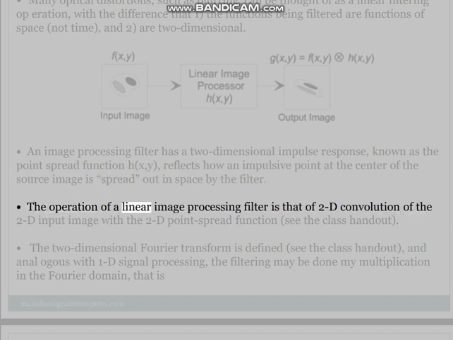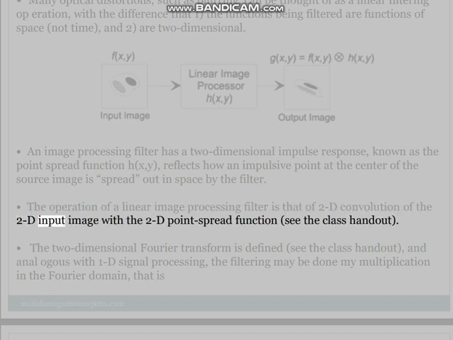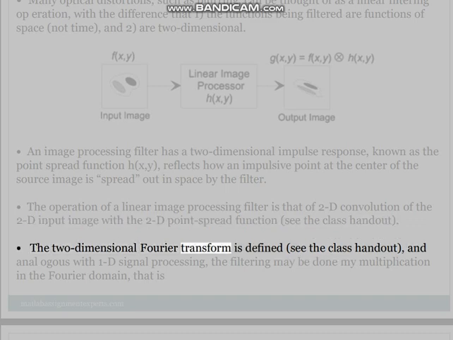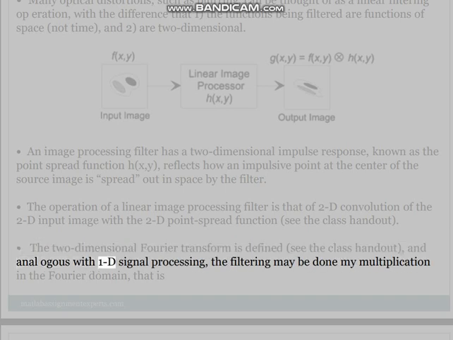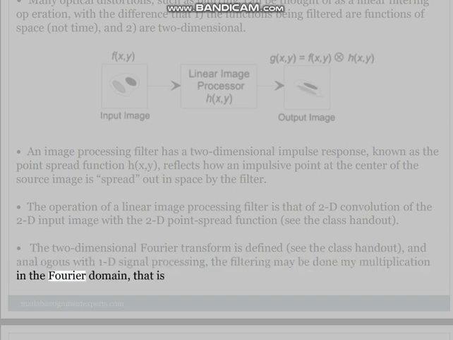The operation of a linear image processing filter is that of 2D convolution of the 2D input image with the 2D point spread function. See the class handout. The two-dimensional Fourier transform is defined. See the class handout. And analogous with 1D signal processing, the filtering may be done by multiplication in the Fourier domain, that is,